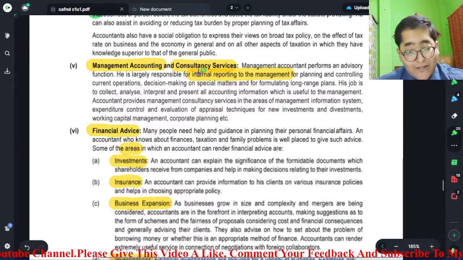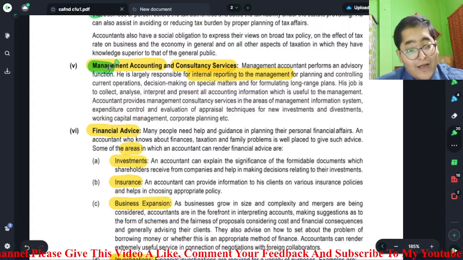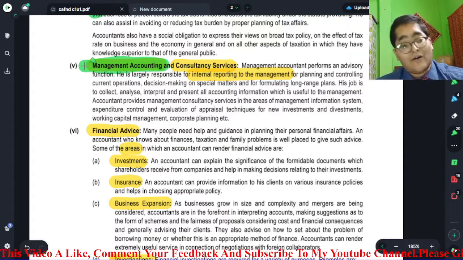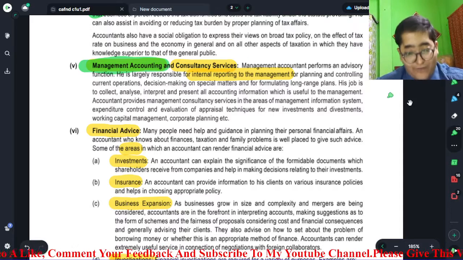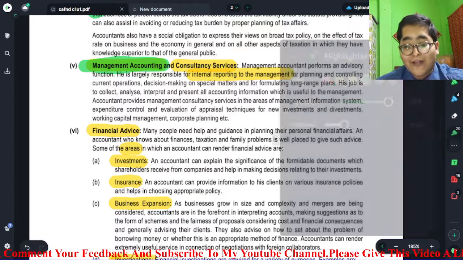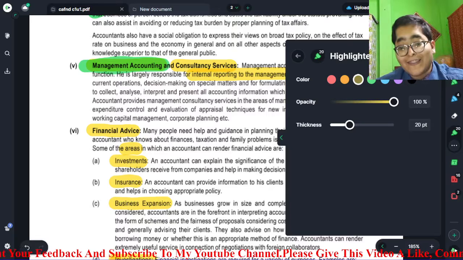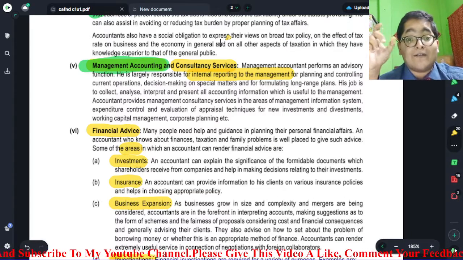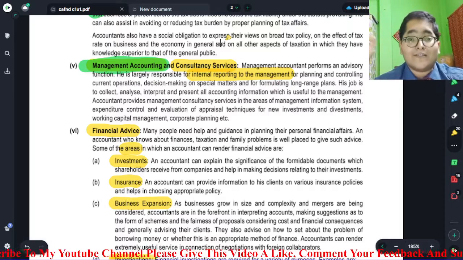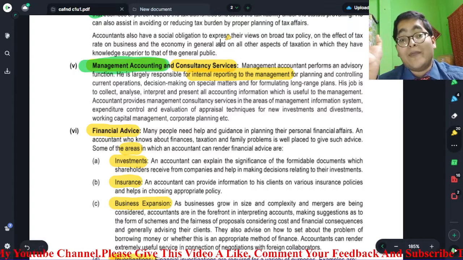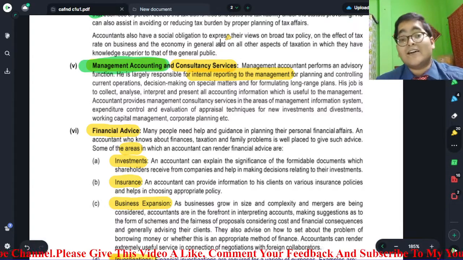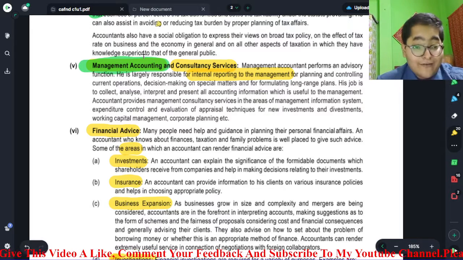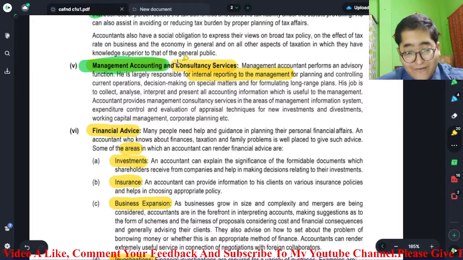Now management accounting. Under management accounting, the person having knowledge of accounts can be involved with management accounting, which means he can give managerial decisions. Which goods are resulting in losses, whether those goods should be invested in, which customers are regularly not paying their debts, and whether those customers should be catered to.